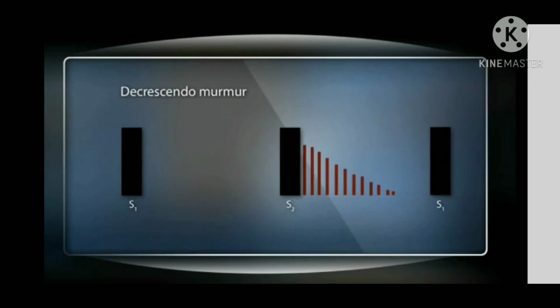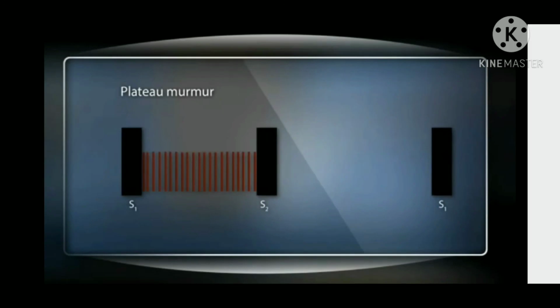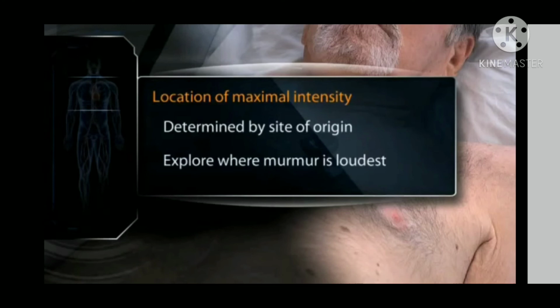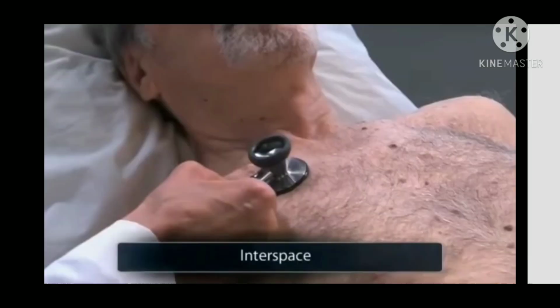Pansystolic murmur is heard in mitral regurgitation; mid-diastolic murmur, as in mitral stenosis. A crescendo murmur grows louder, a decrescendo murmur grows softer, and a plateau murmur has the same intensity throughout. Radiation also refers to transmission from the point of maximal intensity.